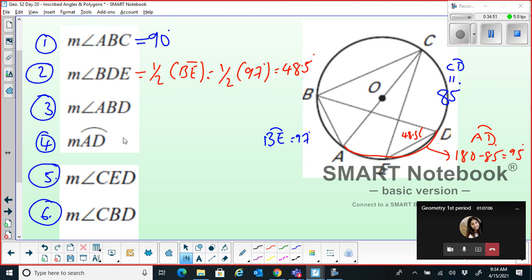Don't worry about the order. So first I'm completing 85 degrees, and corresponding to this I have this particular angle ABD. Corresponding to AD, this is the intercepted arc and this is the inscribed angle, right? This is going to be half of arc AD, which is nothing but half of 95, which we already found. That gives us 47.5 degrees.